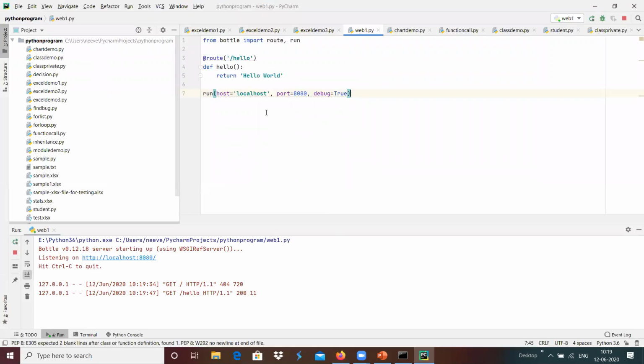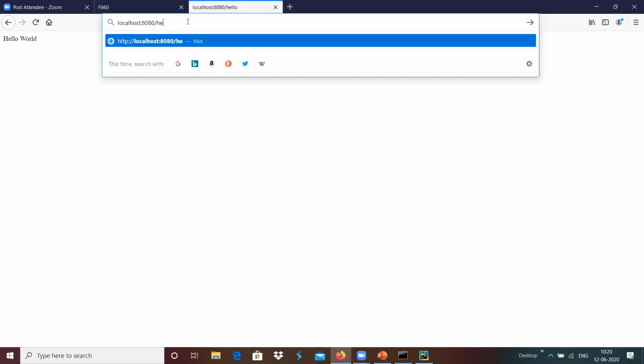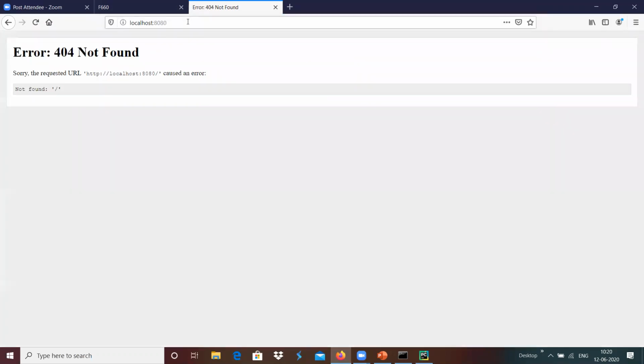Here we have that option, something like this is the route, and this is the respective function over here. Whenever we are giving slash hello, we got the output of hello world. Whatever be the content we are returning to that particular function, that will come over here. This is the mechanism of routing slash hello to the respective function which can be added. For example, now we have the 404 error.